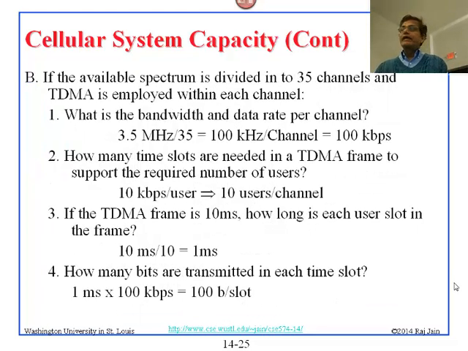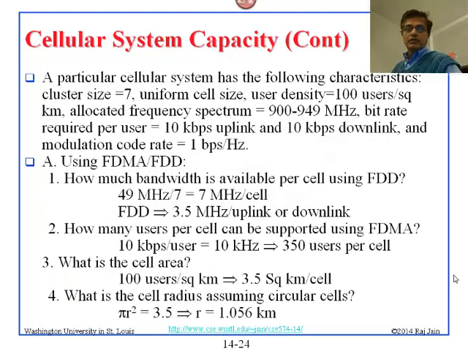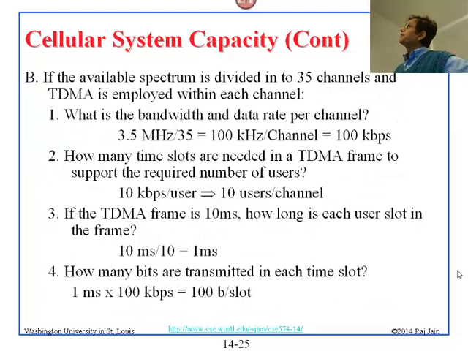Now if you divide the 3.5 megahertz into 35 channels and employ TDM, you get 100 kilohertz per channel, which will give you 100 kilobits per second,